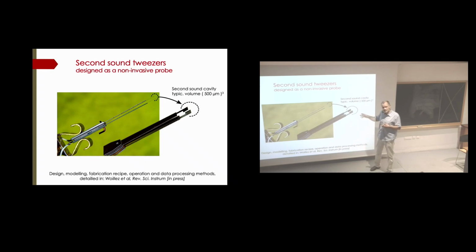In fact, all the design considerations are explained. Nearly all the sizes that you see, this thickness, this length, the thickness here, etc., are detailed. The physics is detailed in the paper which is in press. And there are tricks like, you see, for example, there are notches like that. This is to make sure that the second sound is not bouncing back and forth between the legs. And you can see a hole here. This is to make a precise alignment. We put some joystick, we align the plates, and then